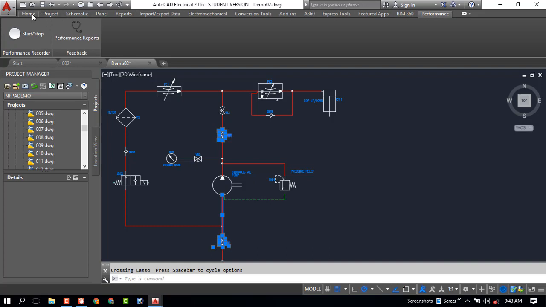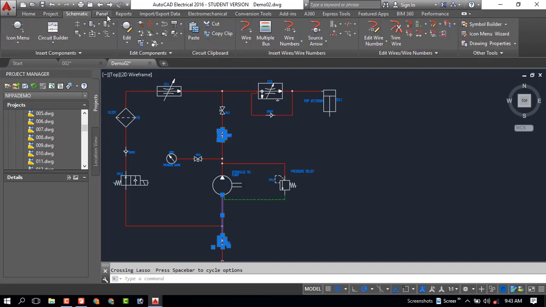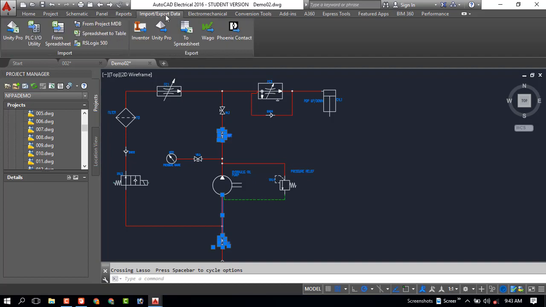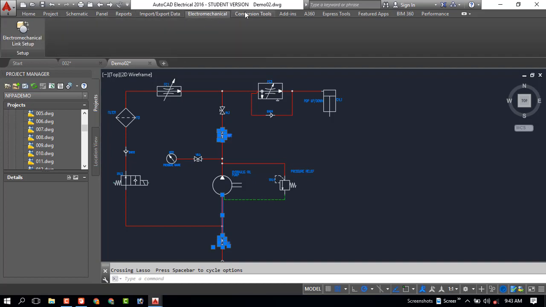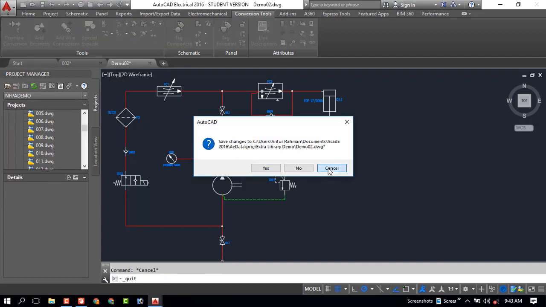So exactly what we need to work on our electrical design are the main parts: the home, project, schematic, panel, report, import export, and conventional tool. These toolbars we need to use for our electrical design drawing, and the other toolbars are the same as